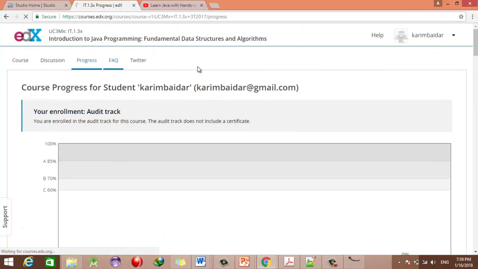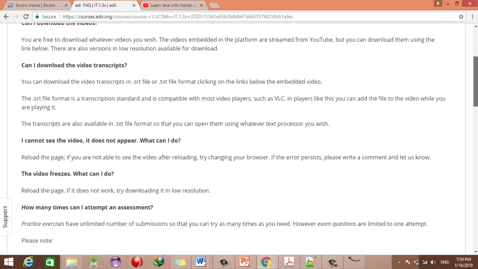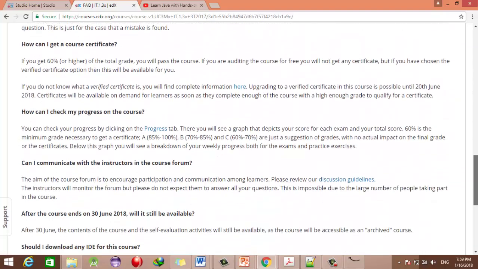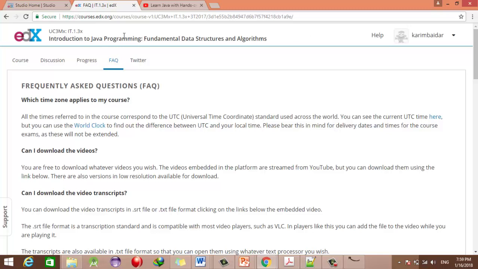Then we are coming to the frequently asked questions, FAQ. When the questions are repeated and the students are again asking the same question, then you can put it in the FAQ and answer them once, so the students can also get an idea of what exactly is the major average problem for most of the students, and then they can get the answer from the frequently asked questions. So now the learner's dashboard has been finished. Now let's get back